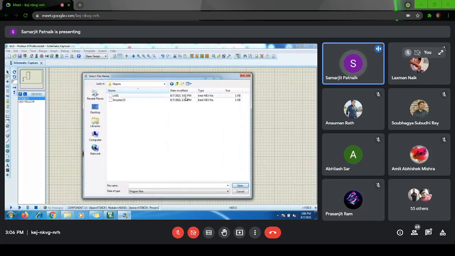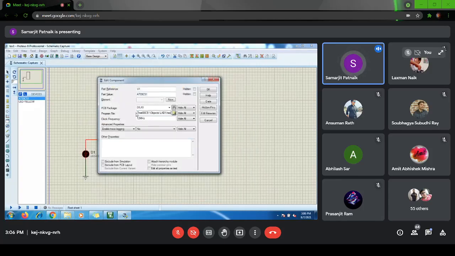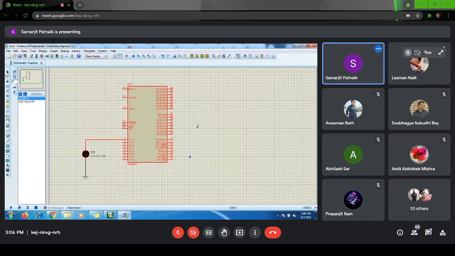Okay, it will show the time, 3:05 p.m., lab 1. So this is the hex file, the Intel hex file. I'll just open it. That means I am linking that program code to here. Then I'll select OK. Now if I run the simulation, this LED glows, right? This is the simplest way of checking whether you have installed Proteus as well as Microvision correctly and whether they are working or not.